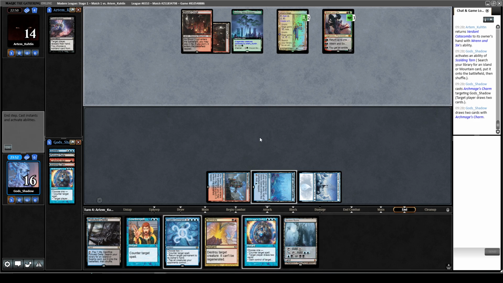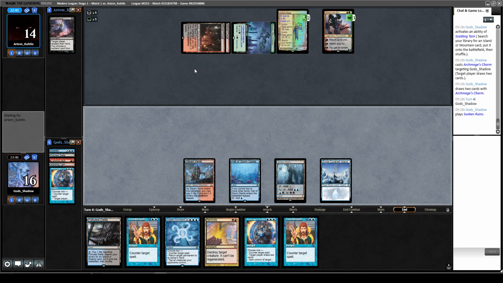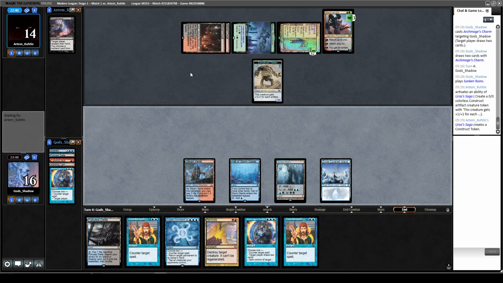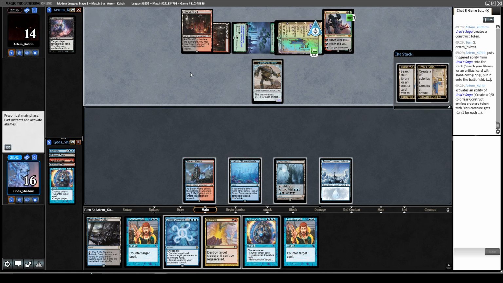Well, that didn't work. Nope, that didn't work out at all. So, but what we can do... Oh, I mean, he does have the other thing in hand as well. So I currently cannot bounce. Like, I can bounce at end of turn. I guess if he activates here, he probably...